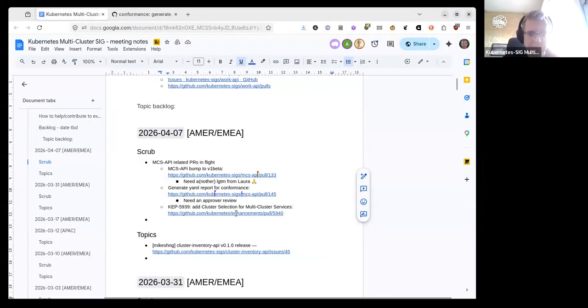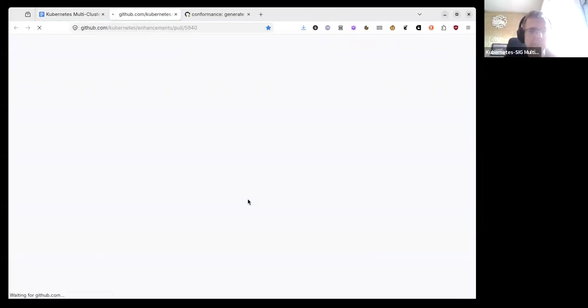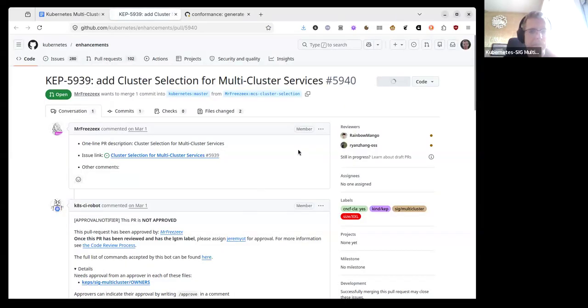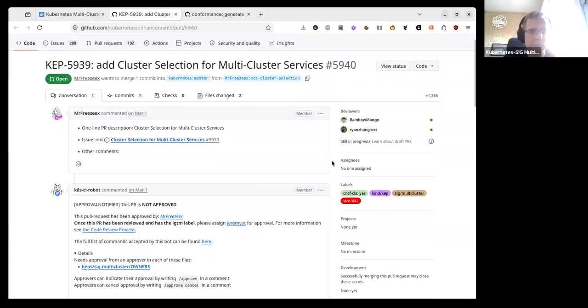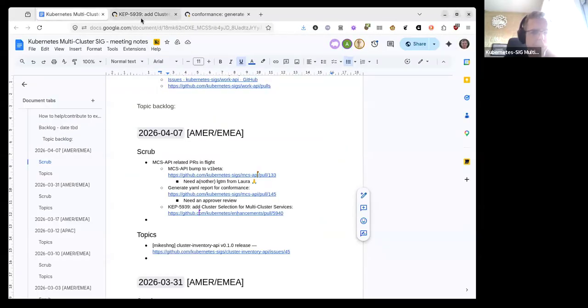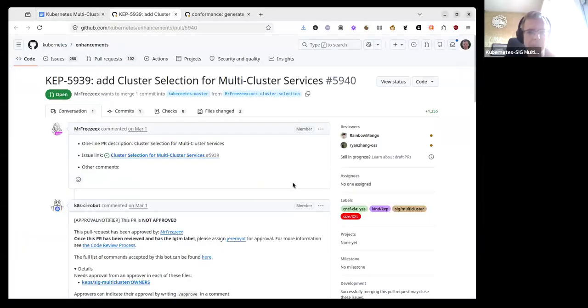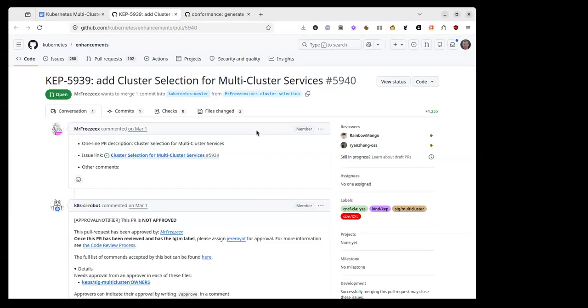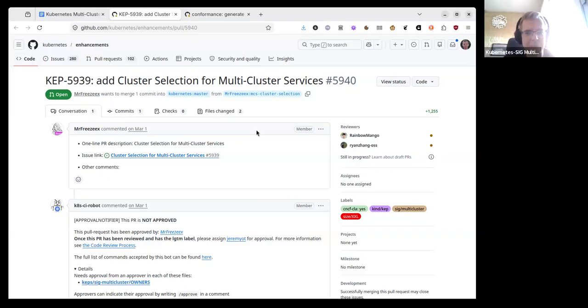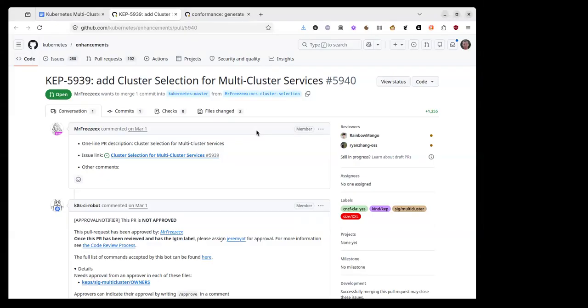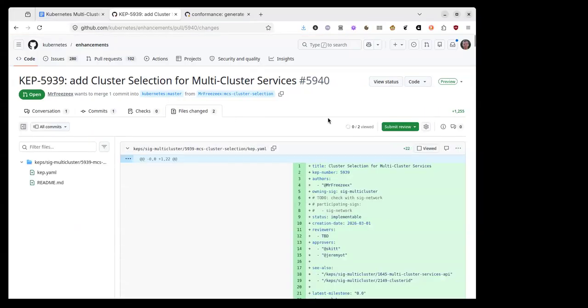And the last one, cluster selection. This is actually the KEP. Since we don't have much on the agenda, I don't think the cluster inventory API will take that much time. Do you want to walk us through this, Arthur? Or you've been through it before, so that might not be all that useful. I can take it. I don't know if there are many new folks here, but in short,